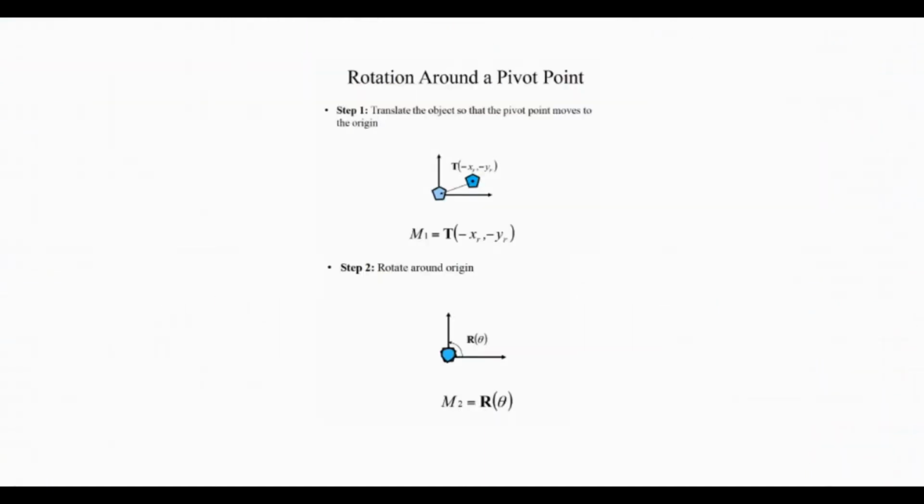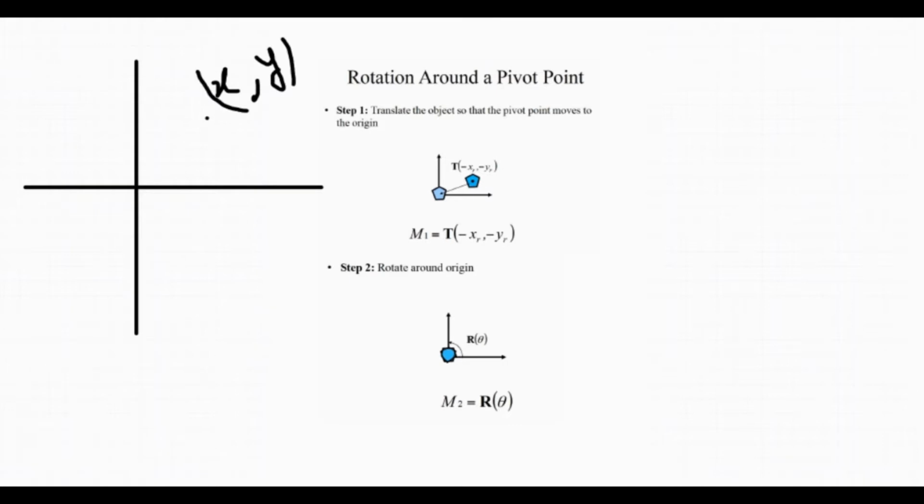Now let us move to transformation with respect to some arbitrary point or a pivot point. Let me formulate our problem statement first. What does it mean to apply a transformation with respect to some arbitrary point? Until now, whatever we have studied, say you have a point x, y in your two-dimensional space onto which you need to apply a translation by tx and ty. Now, what is explicit in this problem statement is that this translation has to be applied with respect to the origin. Or in other terms, when you say apply a translation by tx and ty onto point x, y,